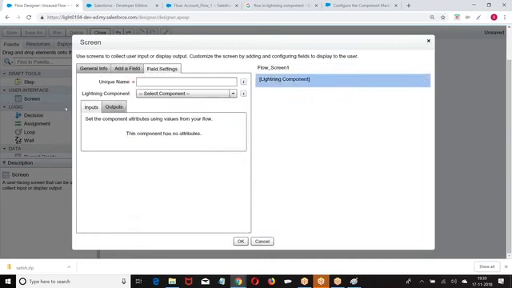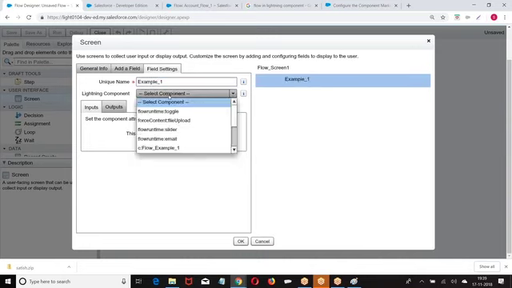Inputs, outputs. What is the name? Which component you want to use? What is the component I give? Flow.